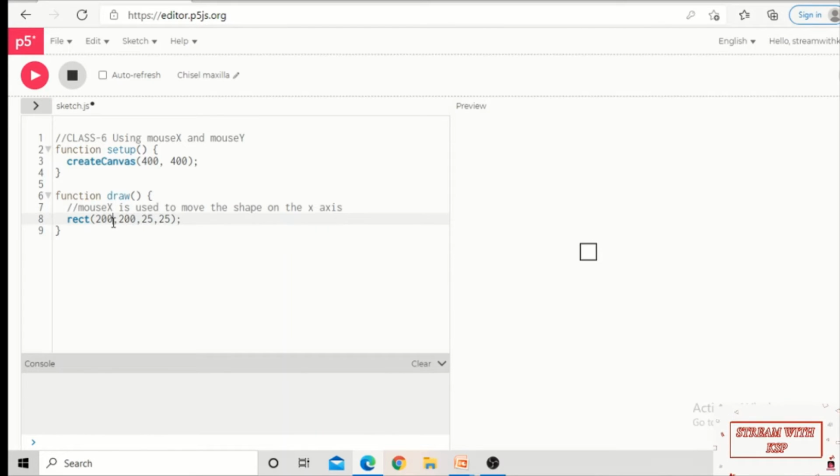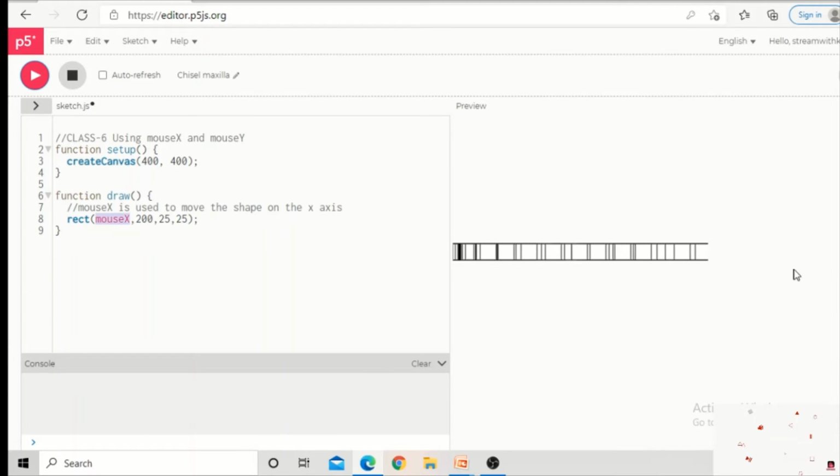Now I am deleting the x-axis position number 200 from the rectangle and I am typing mouse X. This instruction indicates that you can move the shape using your mouse, and the x-axis means it is going to move left and right. Now let us click on the play button and we will check whether it is moving or not.